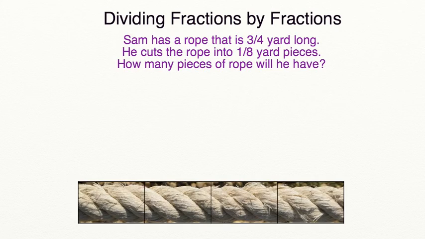We are going to begin today by practicing the word problem on the screen. Sam has a rope that is 3/4 of a yard long. He cuts the rope into 1/8 of a yard pieces. How many pieces of rope will he have? Well, our first step is to write out this equation. We have 3/4 of a yard of rope that we're going to be dividing equally into 1/8 of a yard